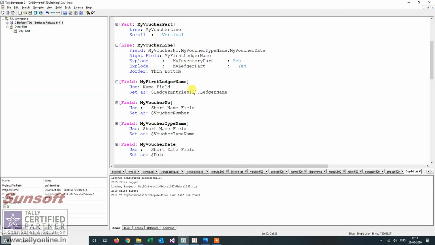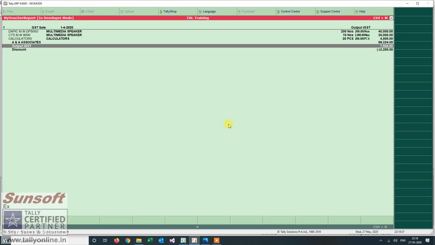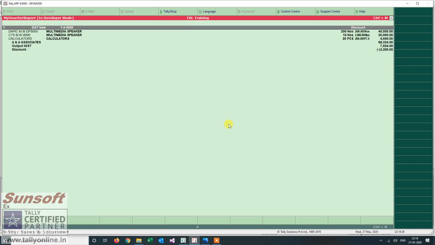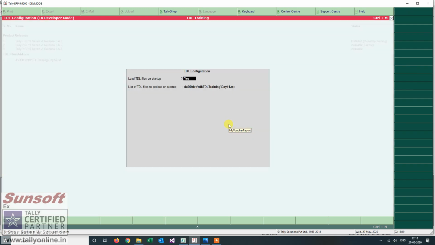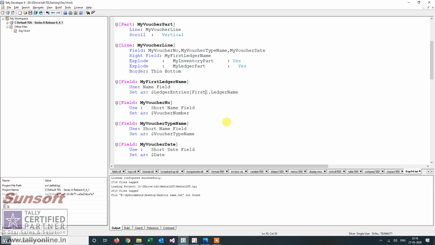If I want a third, I can have a third. You can also put it as last. Last will give you the last entry. So the discount is the last, and the first will give you the first entry. If you don't give anything, even then it will give you the first entry. So this is how you can parse a sub collection at the voucher level.